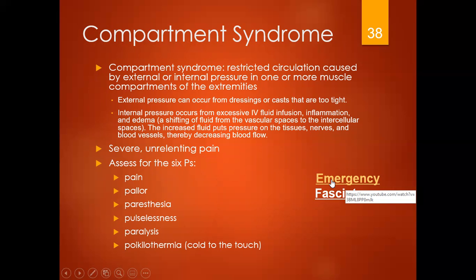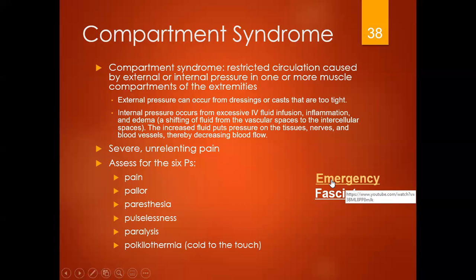What can the nurse do? We could bivalve a cast, so cut it from both sides. We can remove a dressing, right? What do we want to do? We want to lower the leg. We don't want to lift it up. We lift up a leg to prevent swelling. We lower a leg to promote perfusion. We want blood to get to that extremity, because our issue in compartment syndrome is we have no blood flow,